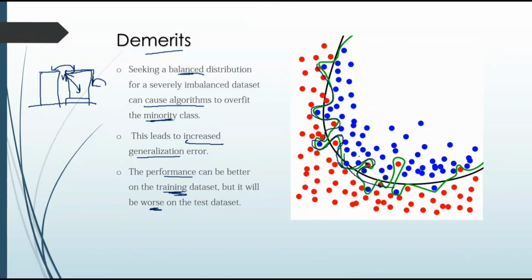So this random oversampling may cause this problem of overfitting. So we need to make balance between both in order to prevent our model from being overfitted. We need a model that can perform better on both training and testing datasets.